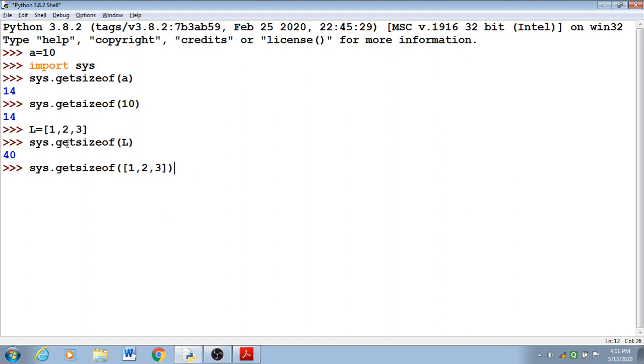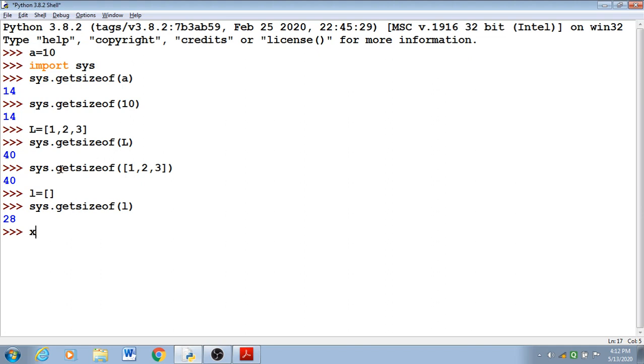This data is occupying 40 bytes. Empty list, let's see how many bytes an empty list is occupying. Writing L, it is 28 bytes by default.